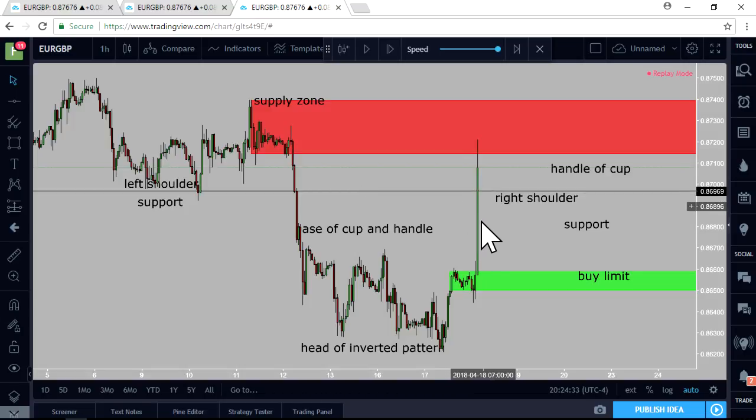This was the move that I actually called on my Facebook Live. Does anyone remember this move on Facebook Live? I said, guys, Euro GBP is about to create an inverted head and shoulders on my Facebook Live. Now, if you missed this entry, right around this level or this zone here, you would have said to yourself, okay,